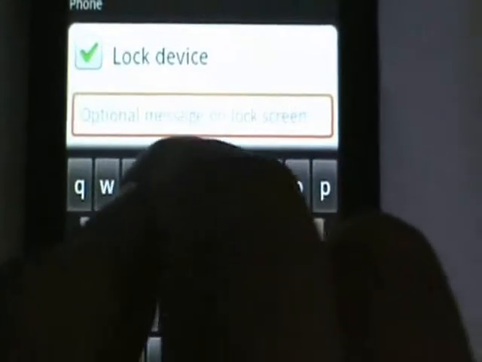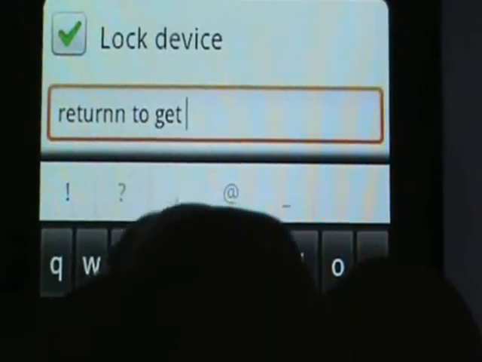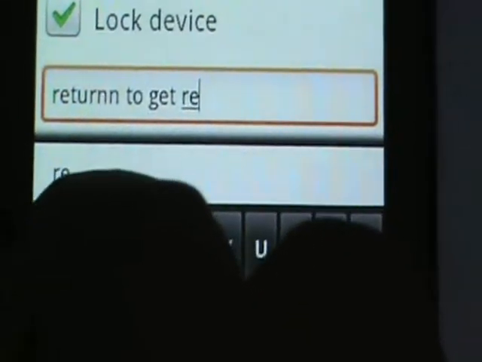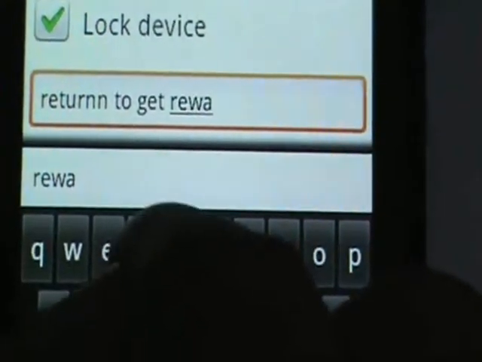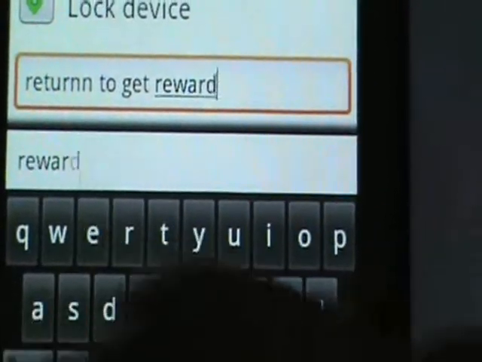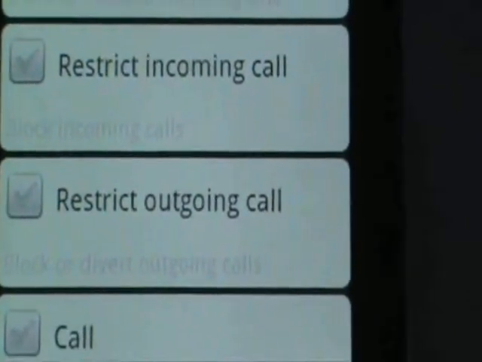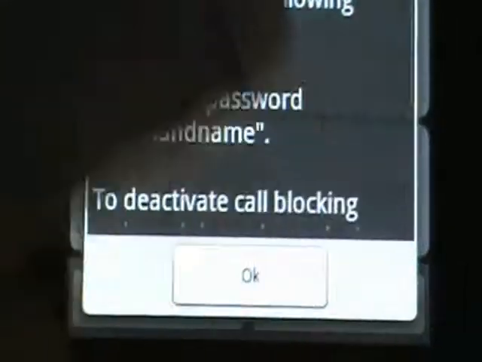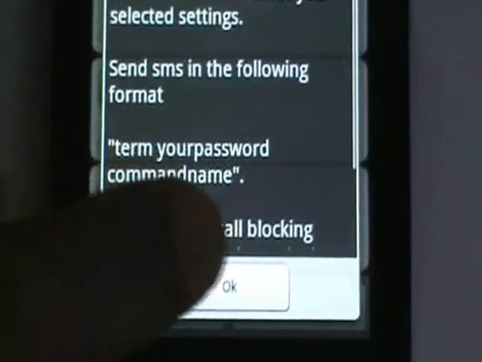Here I can give it a reward. Okay, so now just go down and do a save. So this will just pop up a screen which will just let you know how to send SMS.